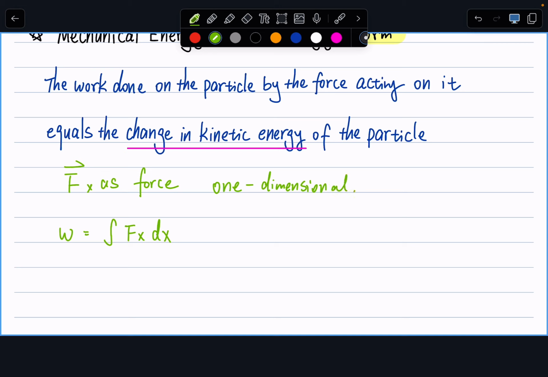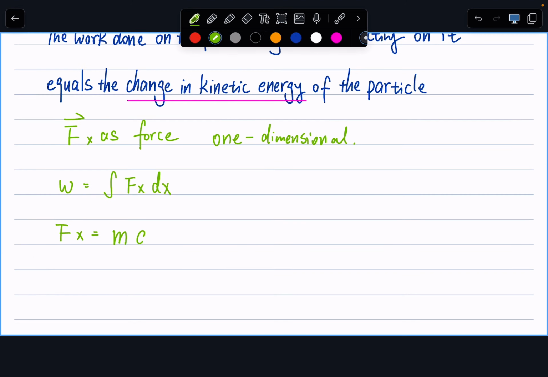And what we know is that in Newton's law, Fx, the force along the x-axis, equals mass times acceleration along the x direction. And the acceleration is defined as the derivative of velocity along the x direction over time. And since we know that Vx, the velocity, equals dx over dt, we can further write this relationship as m